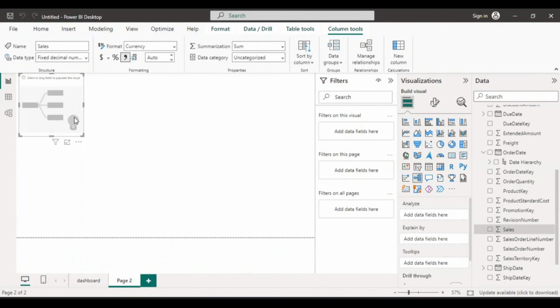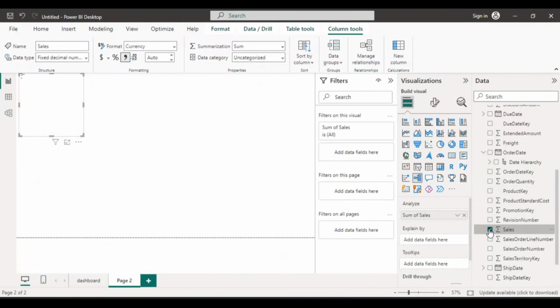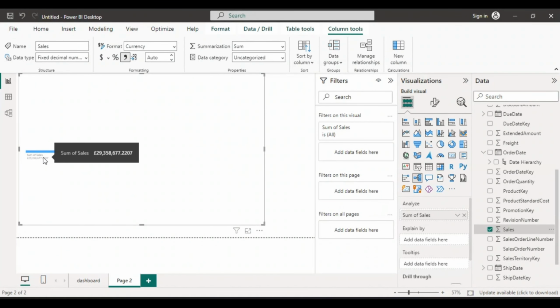So once we have brought this sales, we now click on it. We have highlighted this. So we click on our decomposition tree. We click on our sales. So it is showing us this. We can expand this. So it is still the sum of sale from its own perspective, but we know we are changing name to